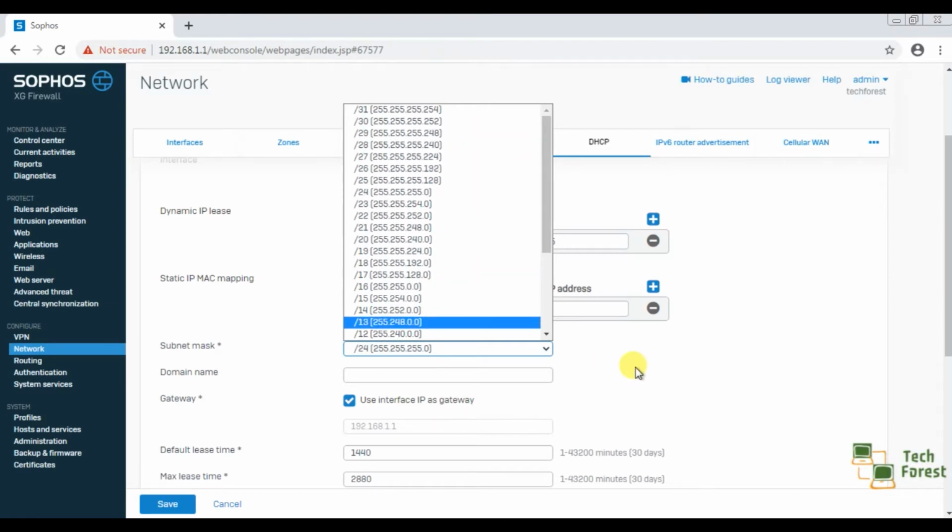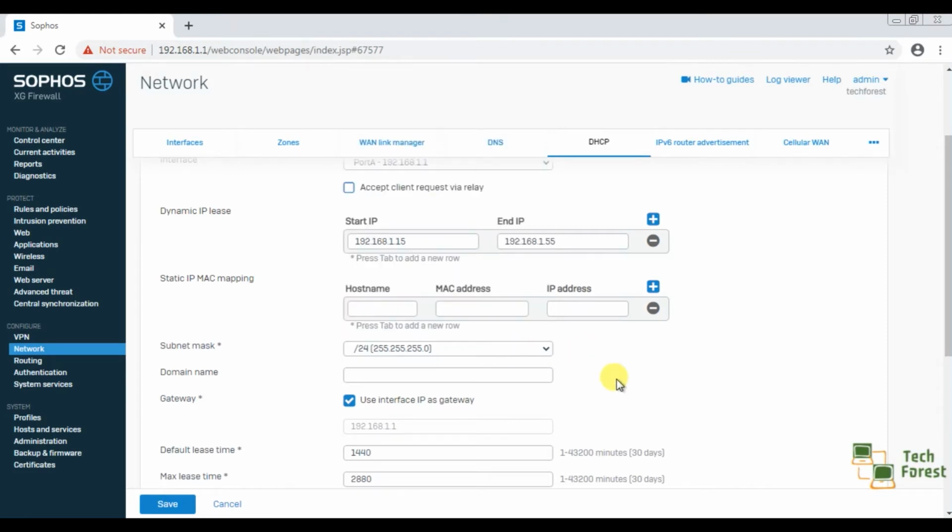If you want to do subnetting, you can select the subnet mask accordingly, but I'm using a normal class C network, so I'll use the default subnet mask here. For the domain name that the DHCP server will give to the client, you can select your company name or anything you want.